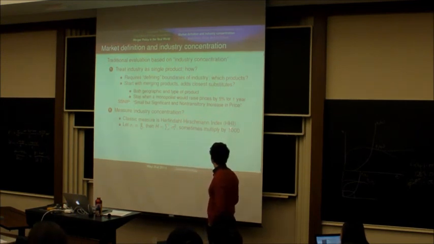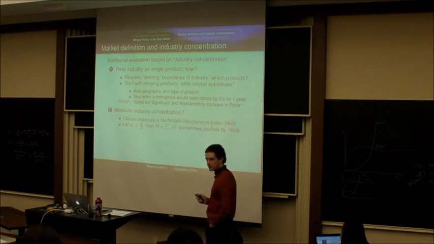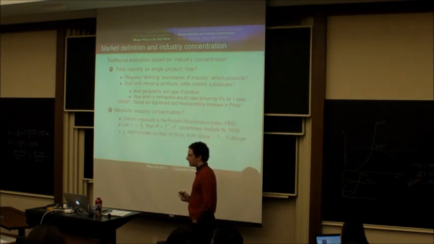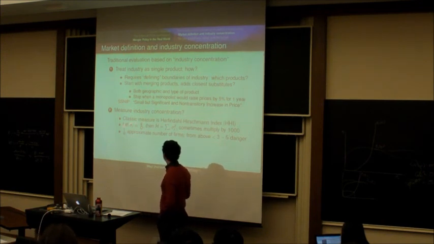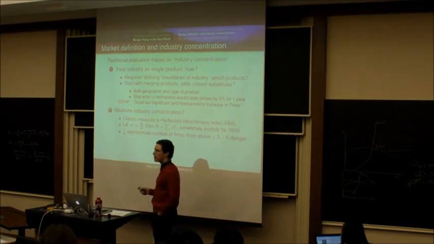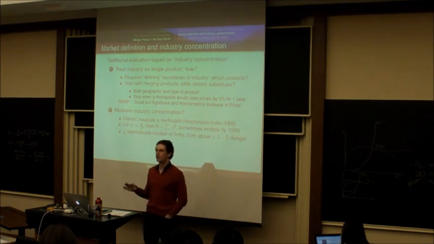And sometimes you multiply this not by 1,000, but by 10,000. Sorry, there's a mistake there. Now, 1 over H is the approximate number of firms in the industry. Why is that? Imagine that there were 5 firms and they all had the same 1/5 of the industry's production,